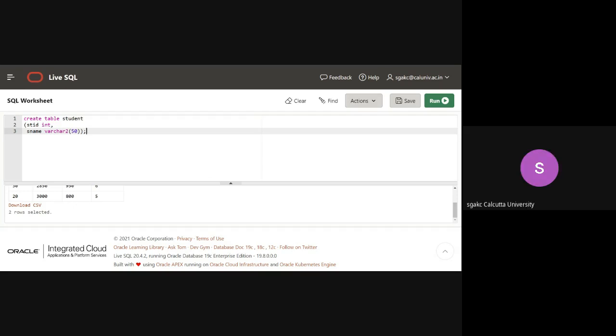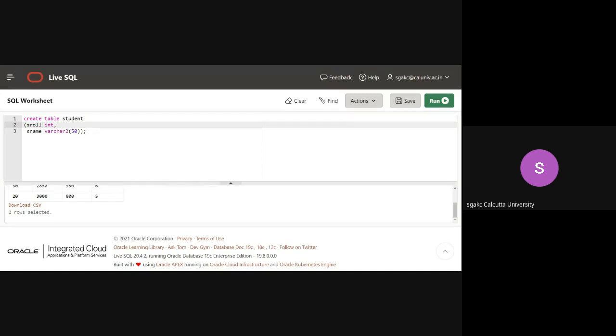Okay, so it is creating a table student with a student ID, or maybe you can make it student roll number, and student name. For simplicity we can add more columns, but look at the syntax. You first specify the name of the column, then the data type, then you add a comma, then again the name of the column and the data type. So varchar2 is a data type, and I will explain later what different types of data there are. You can just think that there are two types.